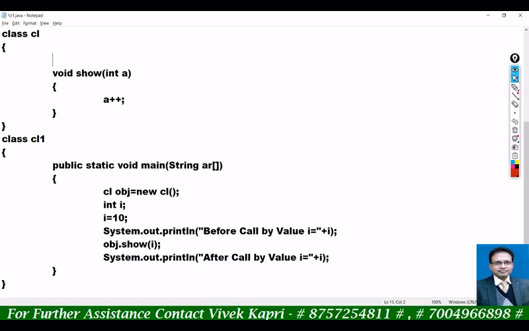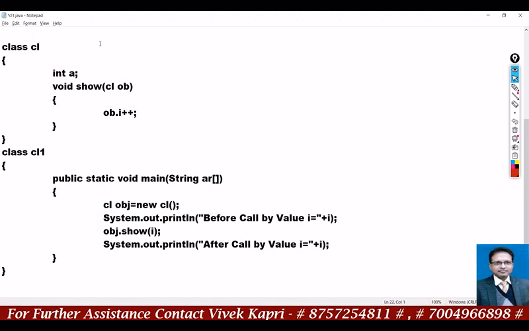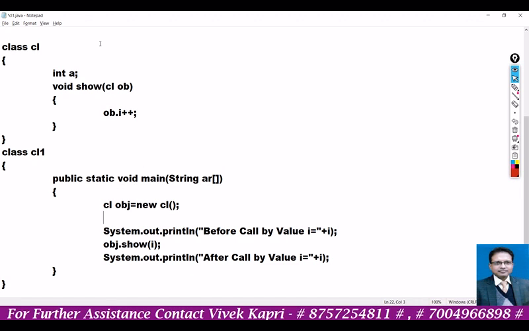In this case, I am going to declare a variable int a. And if it is call by reference, then here we will have to pass the class object, and here ob.I++. Now if you have already declared the value, so before call by value, I am just assigning the value ob.I equal to 10.